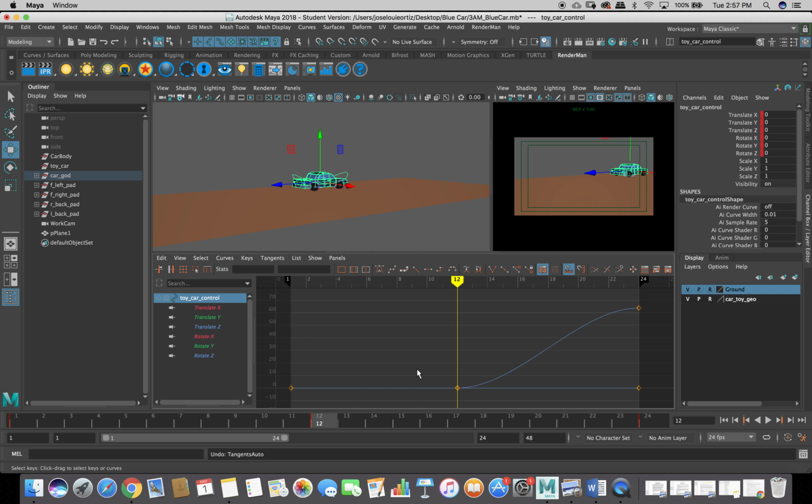Okay, so what I did with the car is I added the anticipation first. To do this, I used the stepped, and I moved the car a tiny bit back. Key it. So now the car goes forward, and I wanted it to do it a little bit slower. So I basically want to move the 2 keys at the end. I want to move them for the 4 frames that I stole to do the anticipation. I want to move those 2 keys to the right